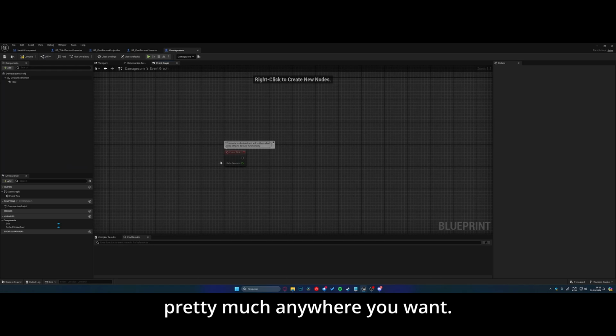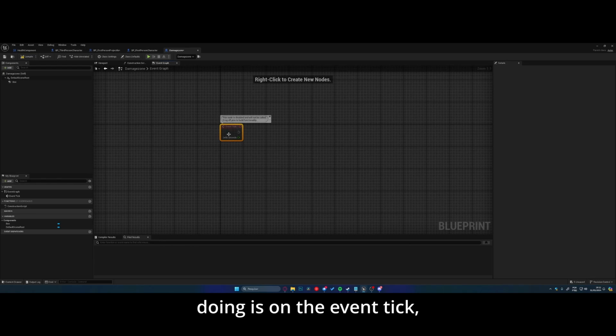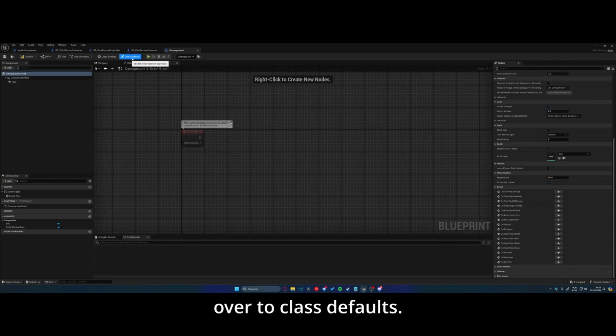So normally when you apply damage to a character, you would do some sort of a trace, right? You would basically trace to see if you can detect the character that you want to hit. So in this case, what we're going to be doing is on the event tick, we're going to come over to class defaults,